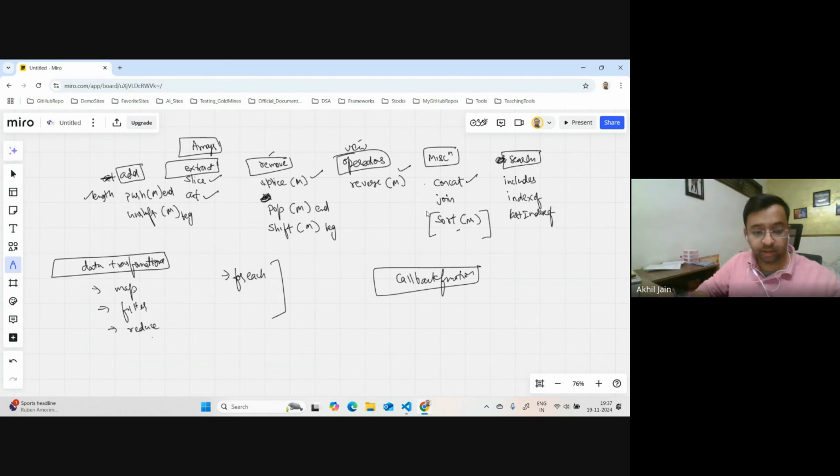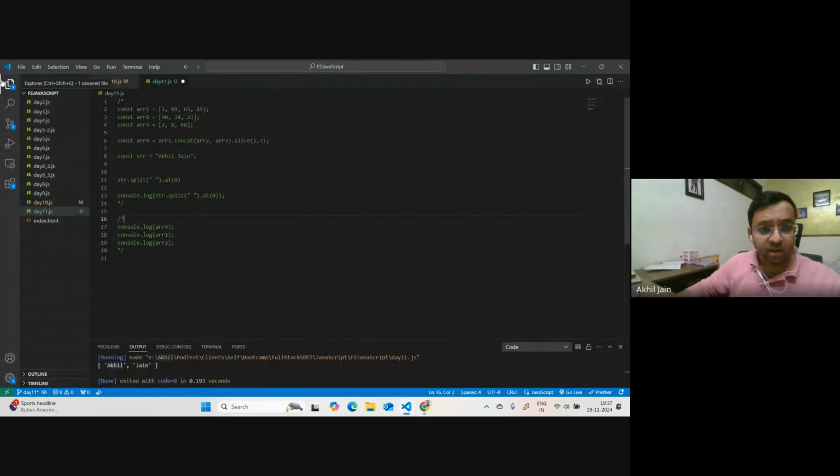Let's talk about join. This is again a very simple method. Let me create a constant, first name, equals Akhil, Anand, Chetan, and let's say Shailesh. So we have 4 items in this array. And if I print this, what will I get? I can just say console.log